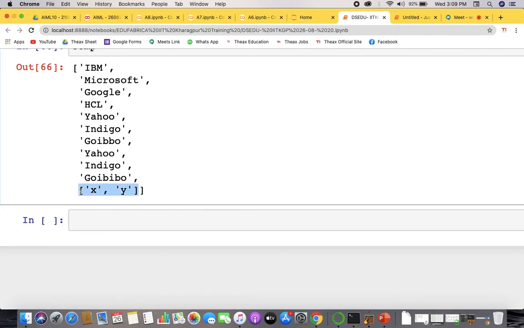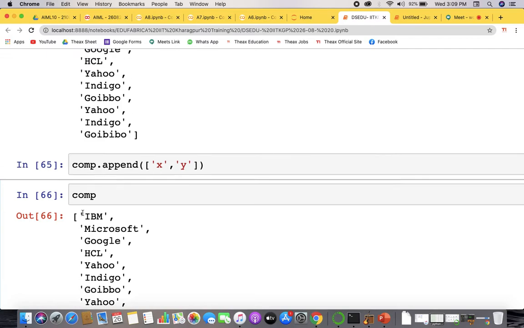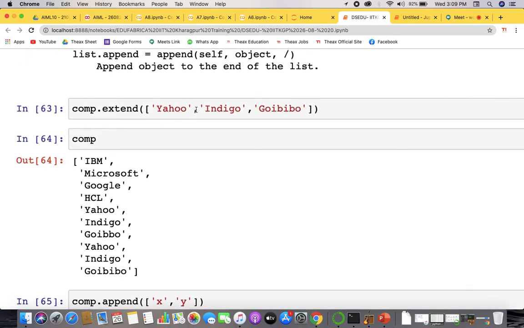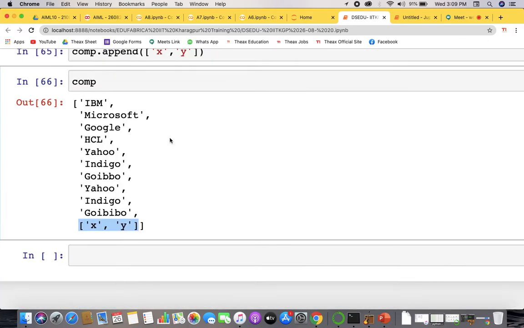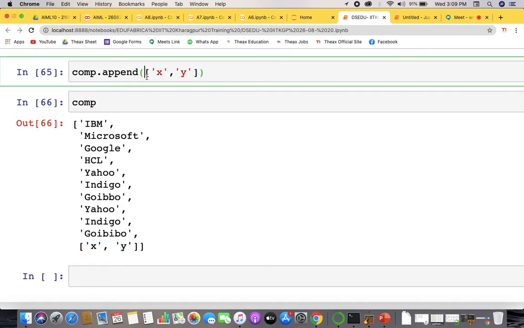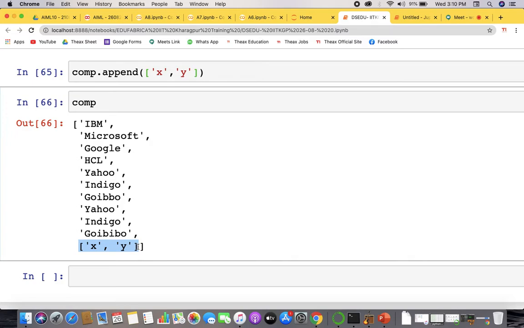When you use extend, it will add the individual elements in the list. But when you write it in append, it takes the parameter as is, and it will add it as another list. That's the difference between append and extend.